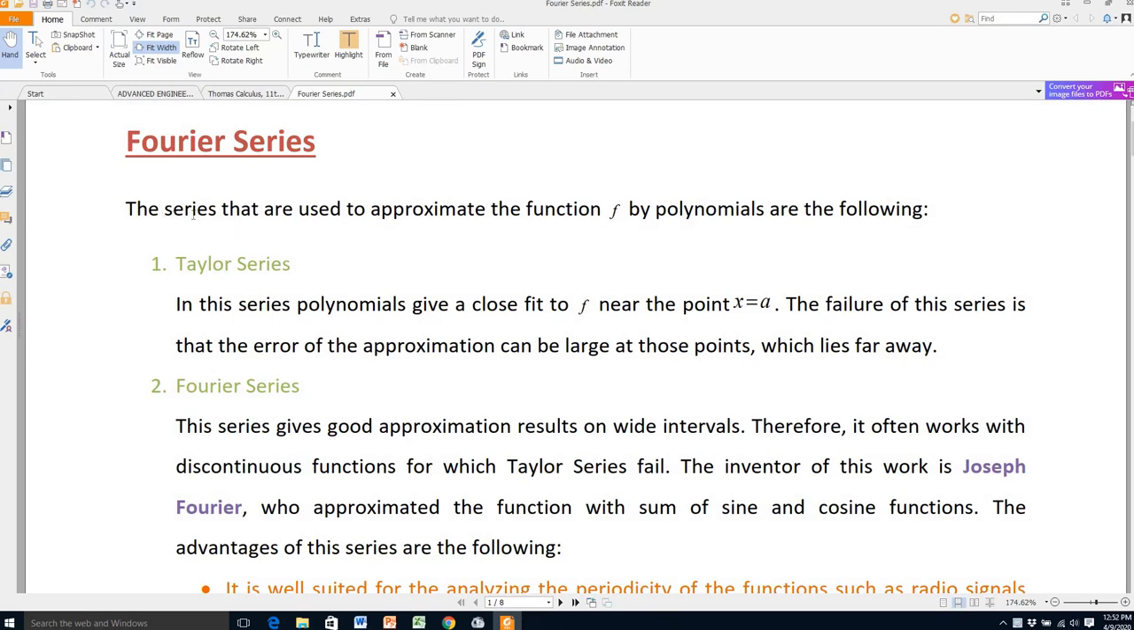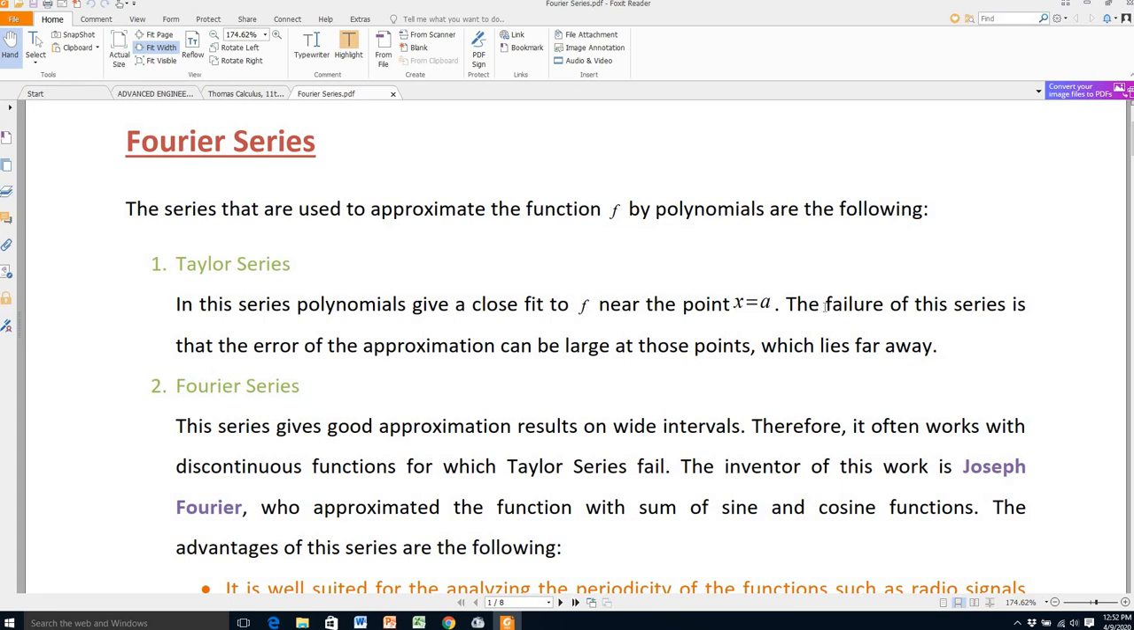So we define it as the series that are used to approximate the function f by polynomials. Number one, that is the Taylor series, and number two is the Fourier series. Number one, Taylor series. In this series, polynomials give a close fit to the function f near the point x is equal to a. So what does it say? It says that in this series, polynomials give a close fit to the function near the point x is equal to a. Why